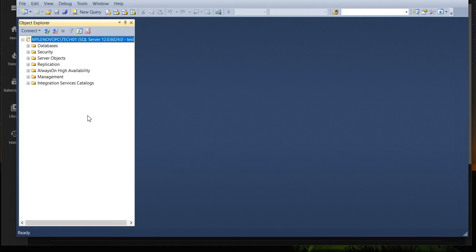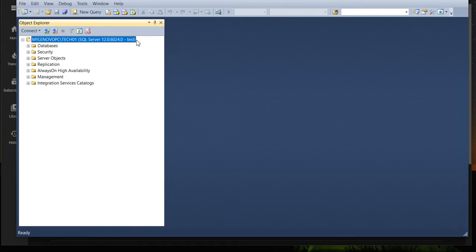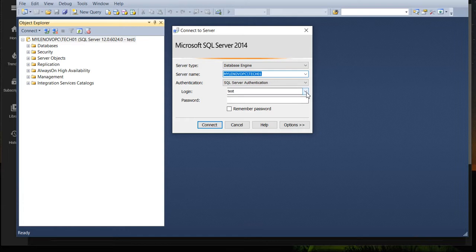Now I have connected with the application login. Let's see here, test. This is the instance Tech01, and as I can see, I'm not able to access the SQL Server Agent here. But I need to create some stored procedures and schedule the jobs, as I discussed. So what is the least privilege you can grant over the SQL Server instance for the SQL Server Agent? For that I have created one complete video. One second, we'll discuss that later.